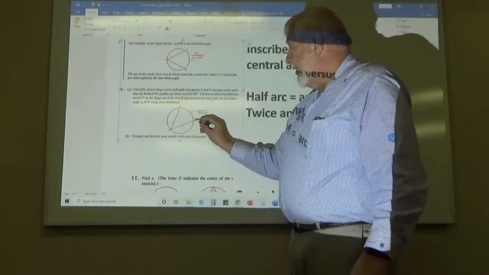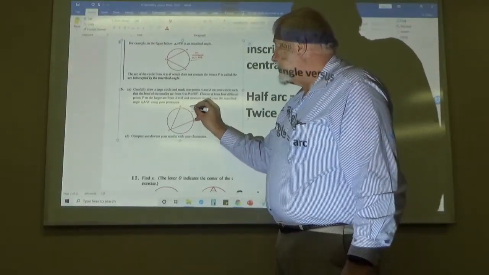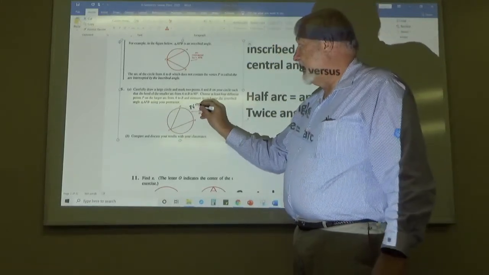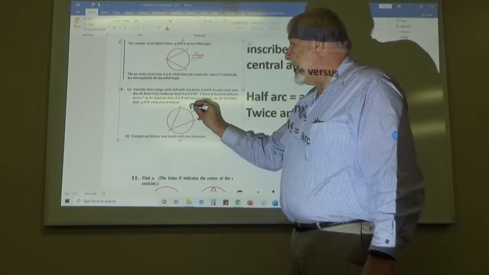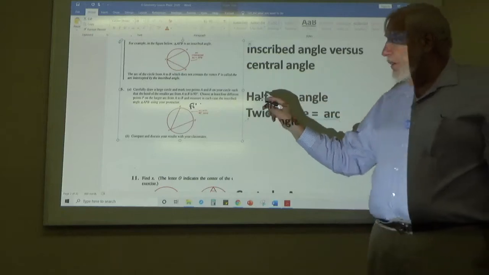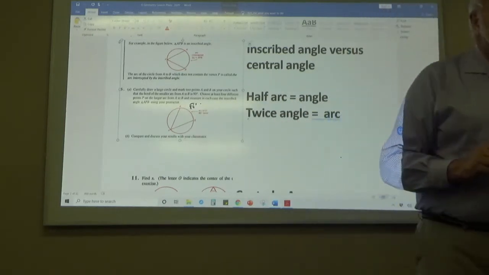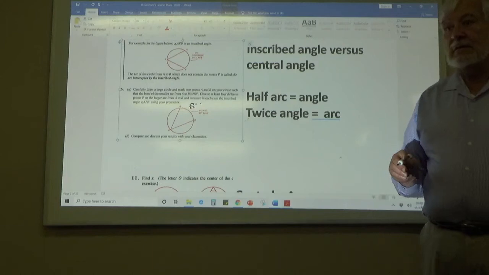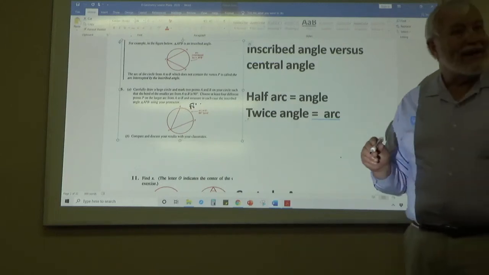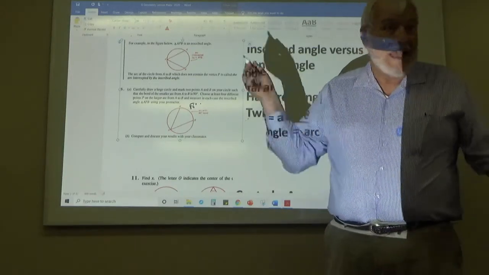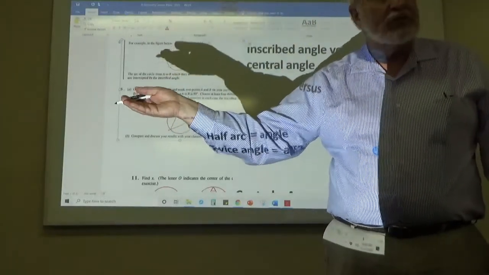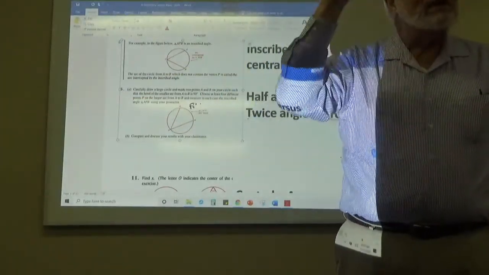Suppose that I told you that this arc was 86 degrees. Most of the time they put an arc over top of that instead of a straight line. So if the arc is 86 degrees, what's the angle at P? Take what? Like 43. Very good. How'd you get that? Because the inscribed angle is half. So the central angle equals the arc, and the inscribed angle is half of the arc